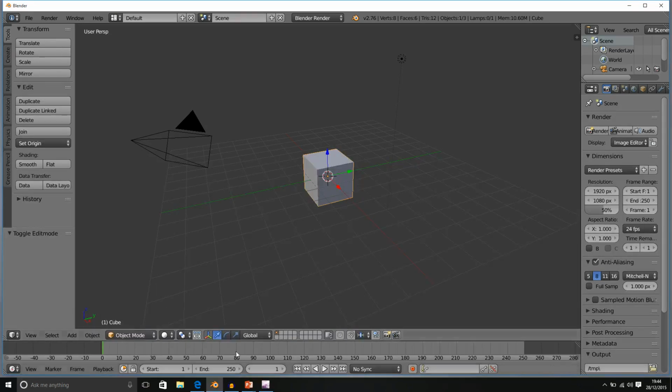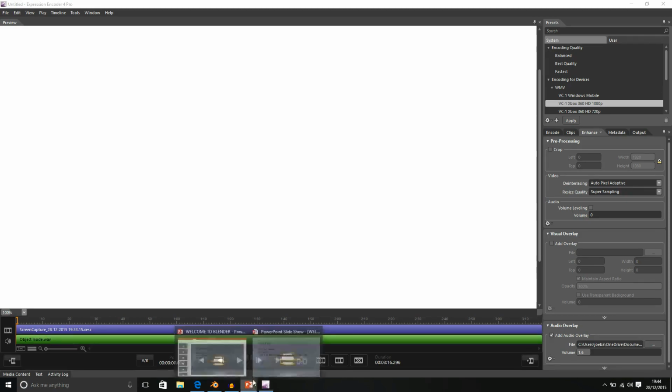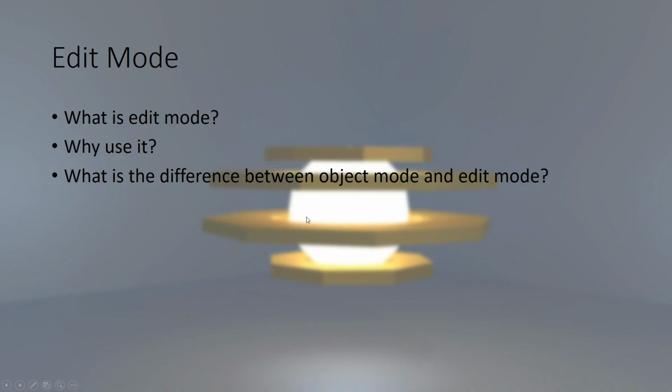So that was our introduction to edit mode. Now in our next lecture we're going to begin looking at what we can do in object mode and edit mode, and we're going to pave the way for the real fun to begin. So all the modeling is going to take place